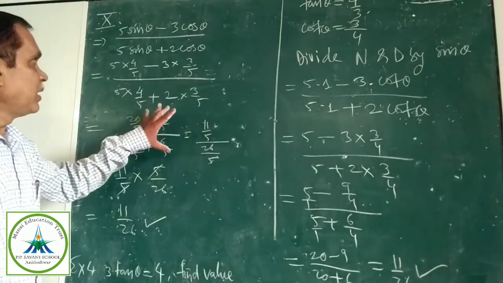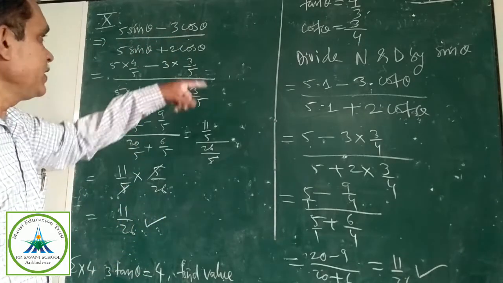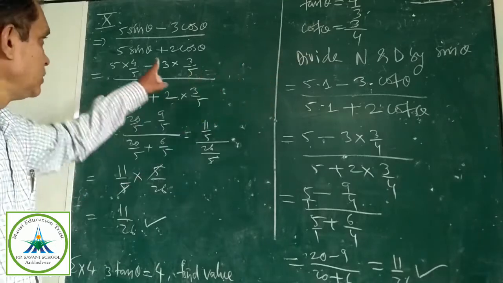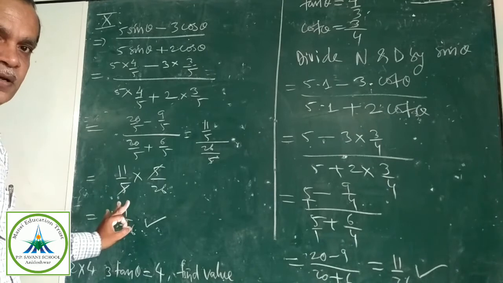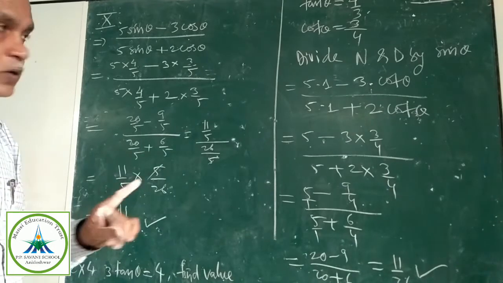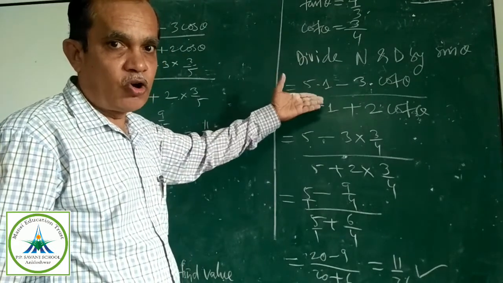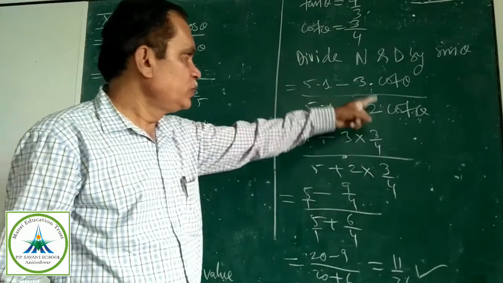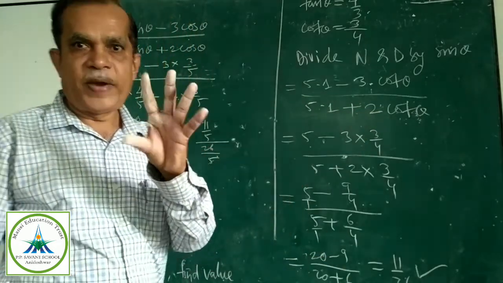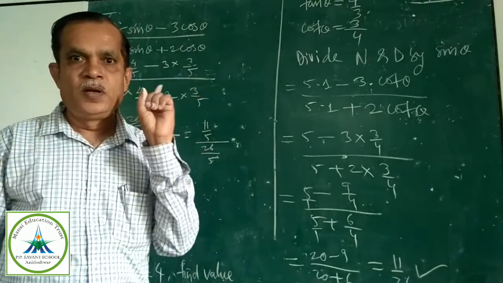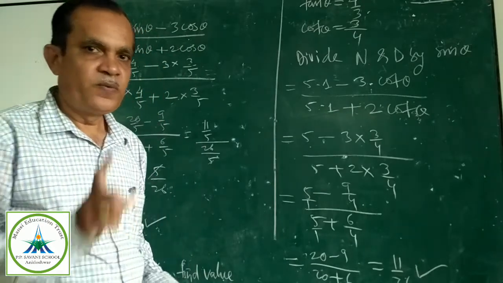So I gave you the example in both ways. Either find the values of sine and cos separately from the triangle and put the values in, being careful, slowly, by understanding, or think about what we have to do to convert into tan or cot. Put in the values, get the answer. Right? I am giving 5 examples of the very same type. You will mark them as SW and do them yourself. Okay, students? Fine.